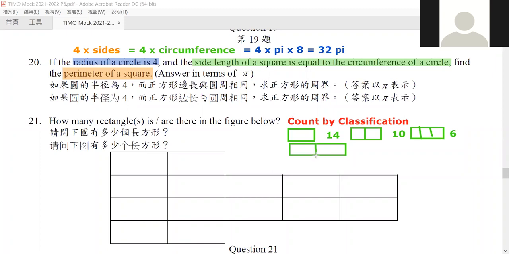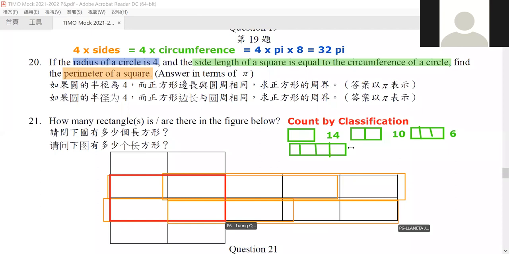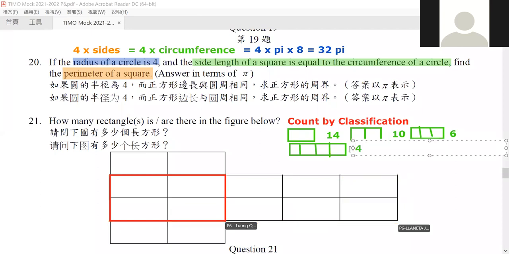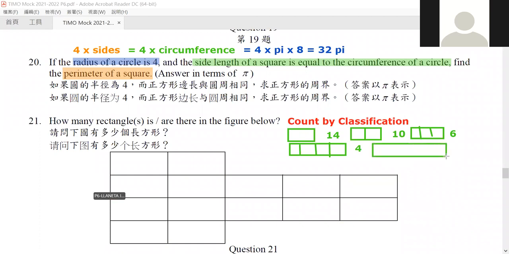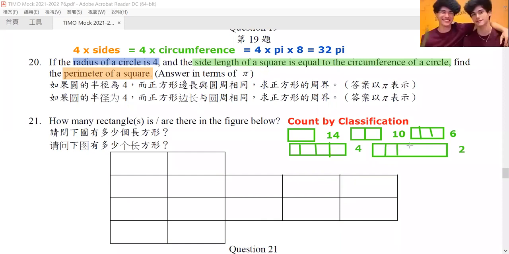Okay. Because if we consider vertically together, then it will be very confusing. So we want to make it simple. We use the simplest method. Again, this is four rectangles pairing up together, so it will be 1, 2, 3, 4, just like the one drawn in here. And finally, we have 5 of them pairing up, and there will be only 2 of them.